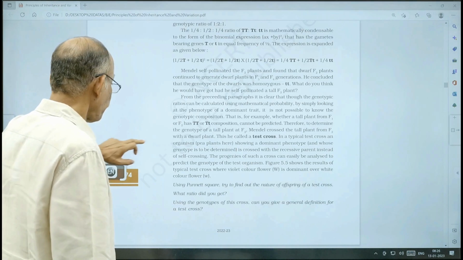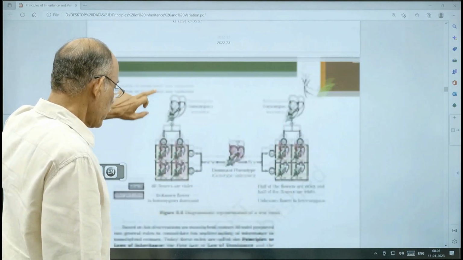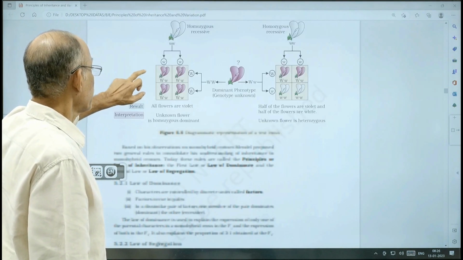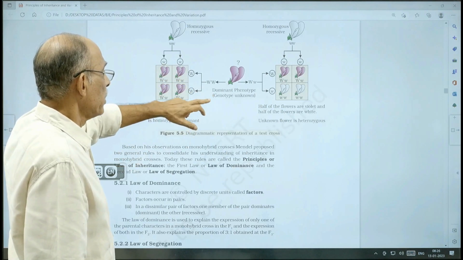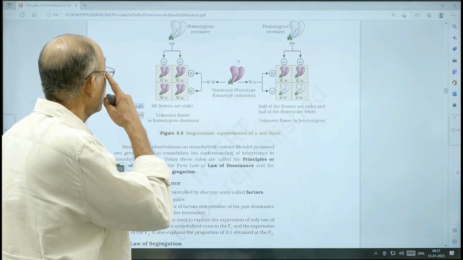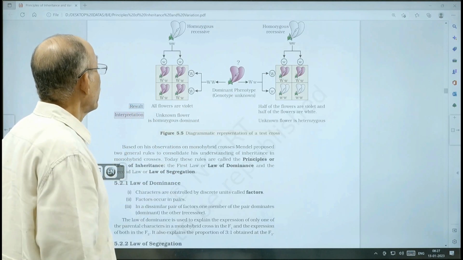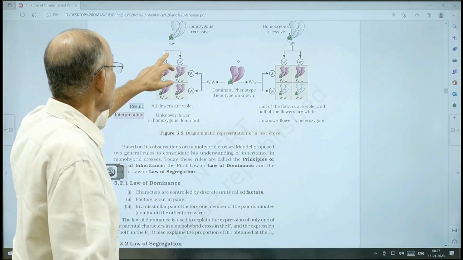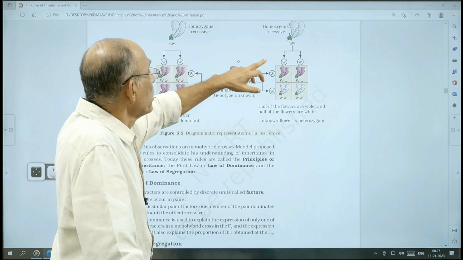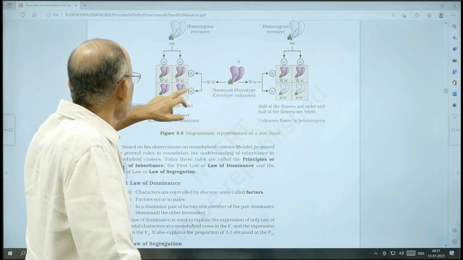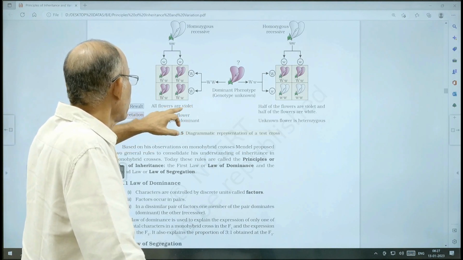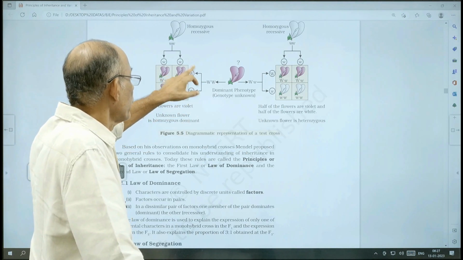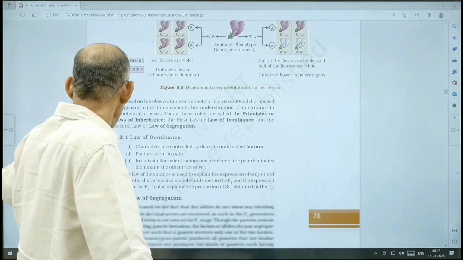Then next, this is another example of a test cross given in your book. This is violet color and white color. Violet is dominant, and white is homozygous recessive, and this is crossed with the violet flowers, and all the flowers are violet here. So you can solve this problem. Then after working out this